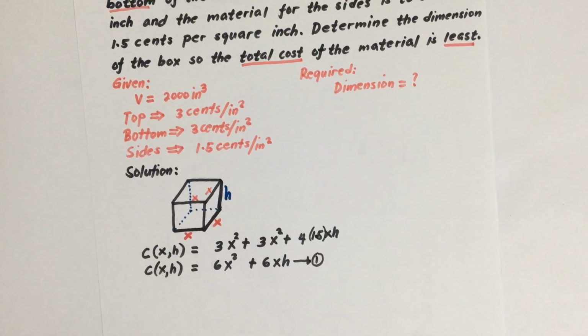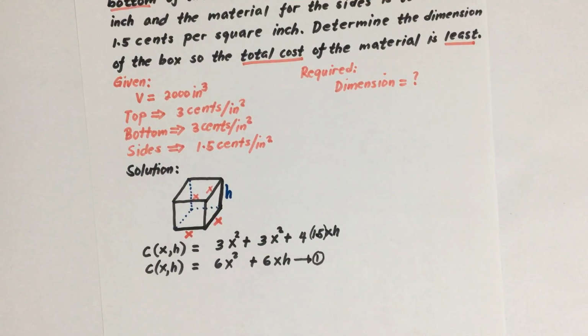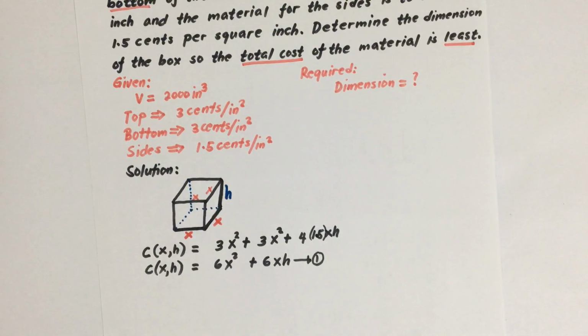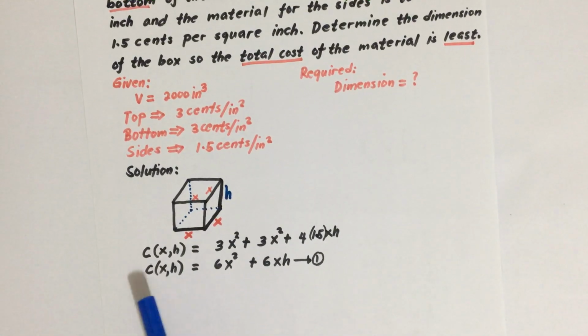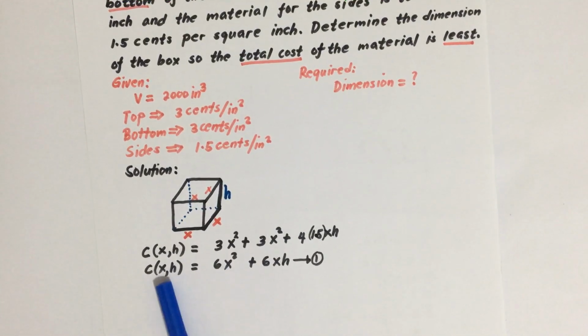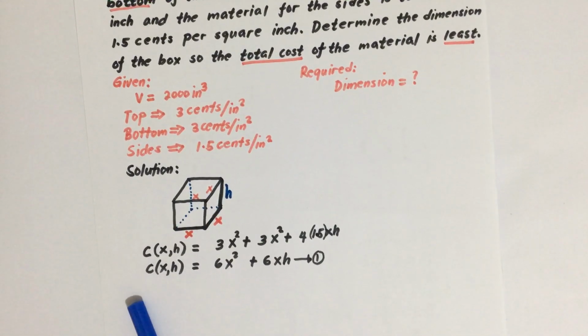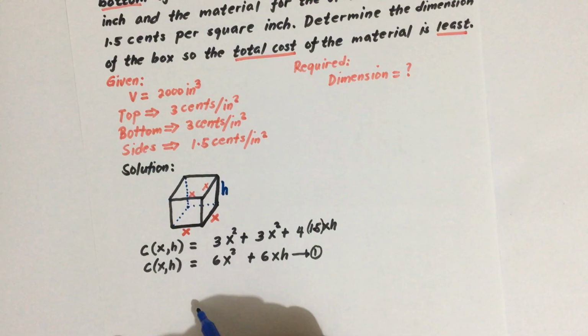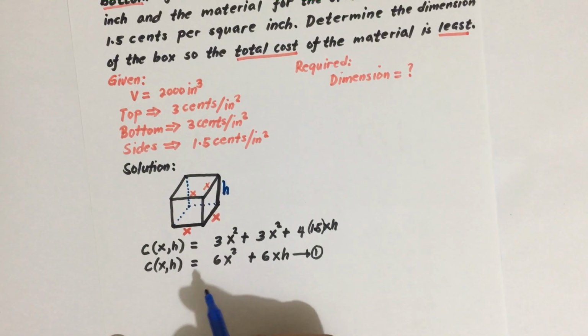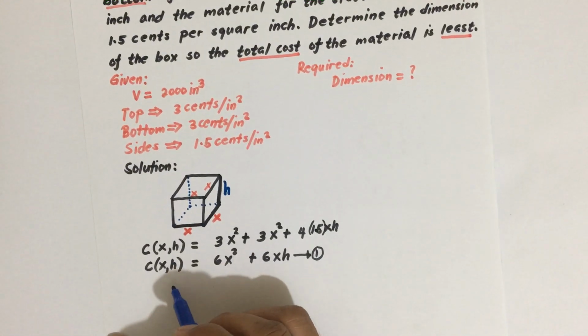As much as possible, class, we have to express the cost in terms of a single variable. Now we have the cost C as a function of 2 variables, x and h. So we have to express either x in terms of h or h in terms of x, so that the cost will be a function of a single variable. How do we express h in terms of x? The only way is to use the concept